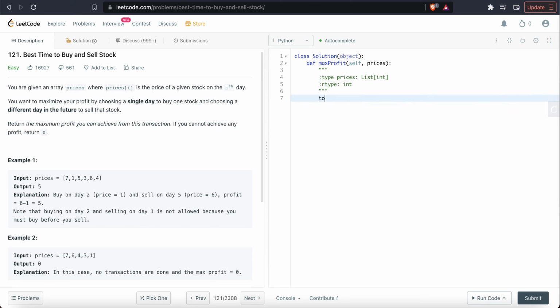Okay, so one thing is that we want to return a value, and like it said in the problem, if you cannot achieve any profit, then return 0. So our default value here will be 0. Now the first element will be the minimum. So the current minimum will be the first element in the array. And then we're going to traverse the rest of them. So for i in range 1 to the length of prices,